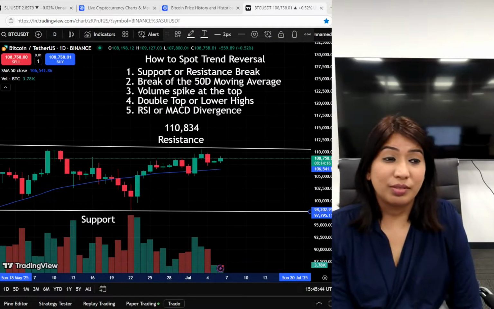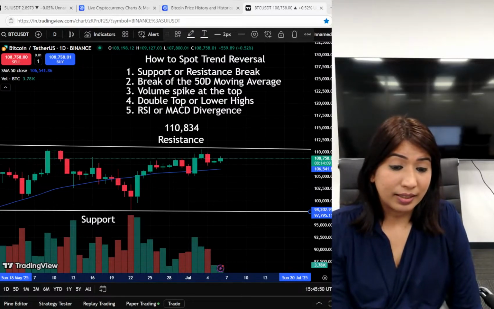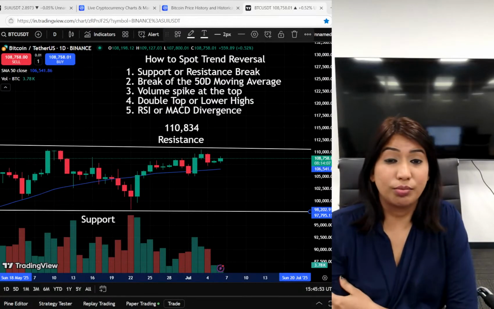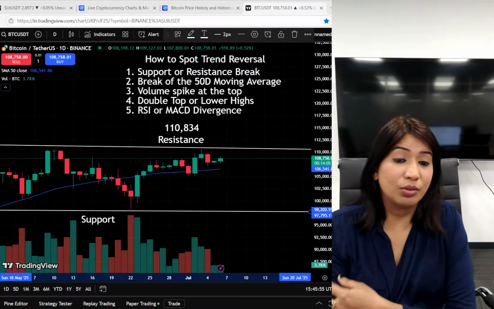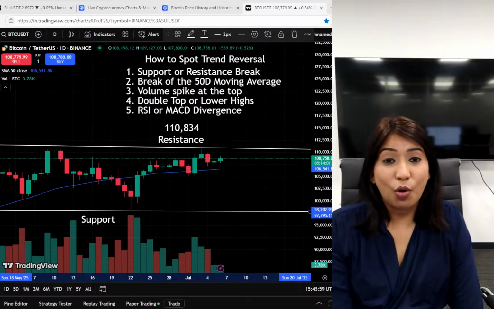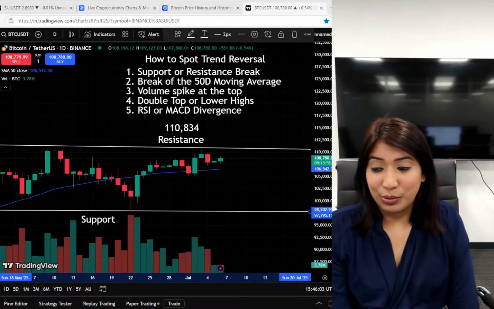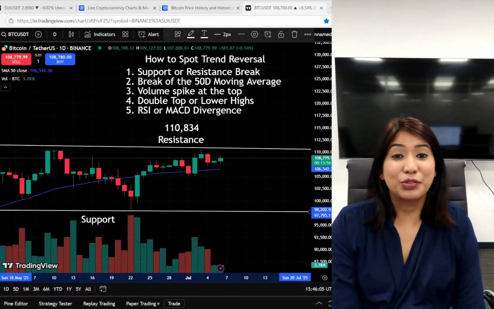So it all depends. You need to look for the divergence with the price. You need to check how the price is acting and how the divergence is acting. So that is how you spot the reversals and trade in the direction of the trend, not against it, so that you can have successful trades. Okay,